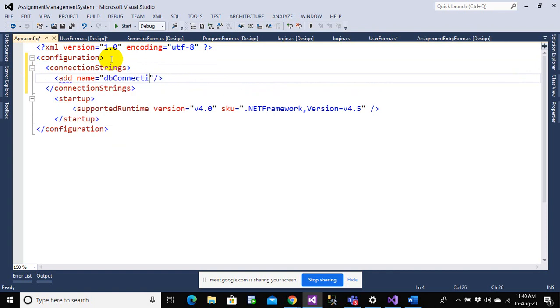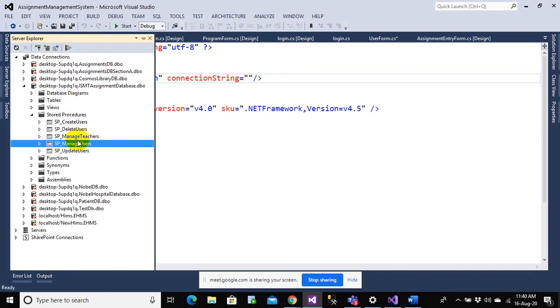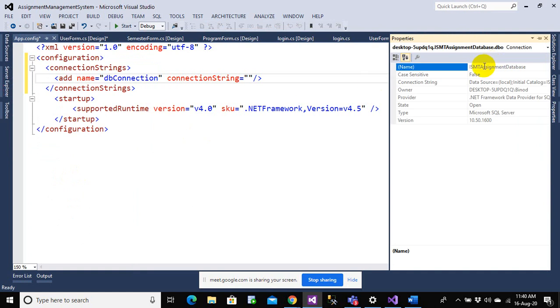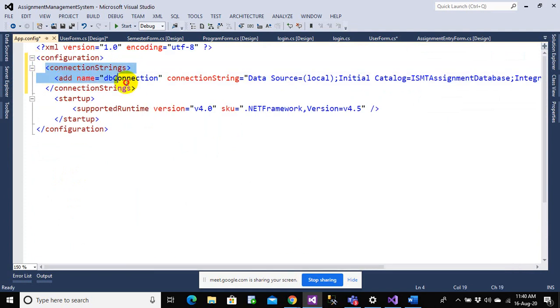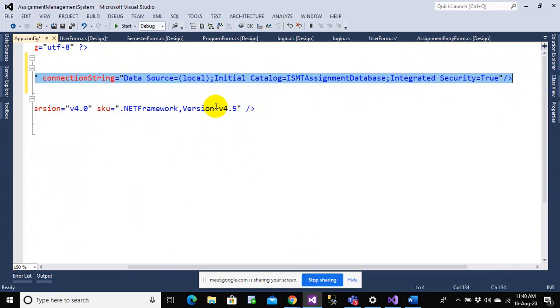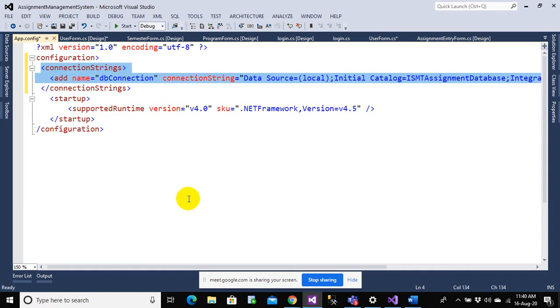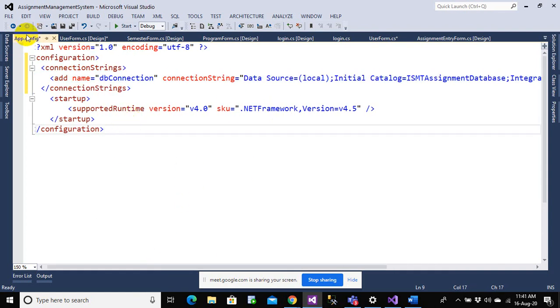This is the name of the database connection, and then I have a connection string, and I'm going to pass my connection string over to this connection string. So let me go to my database, right click on my database, go to properties, and click on the connection string, Control A, Control C, and let me paste it here. Perfect. So we just have a connection string inside our app.config file. Now, whenever you want to send the connection string, you can directly access this file, or later on I'll create one form for you where you can send this connection string from the front end as well. So we have a connection string inside the app.config file.